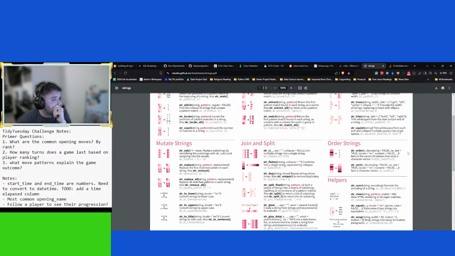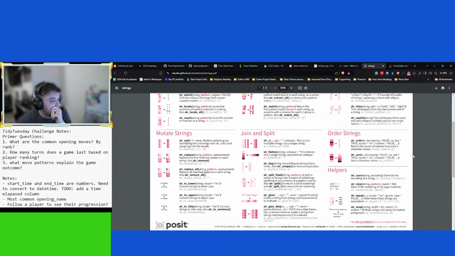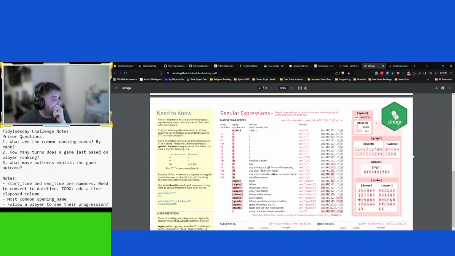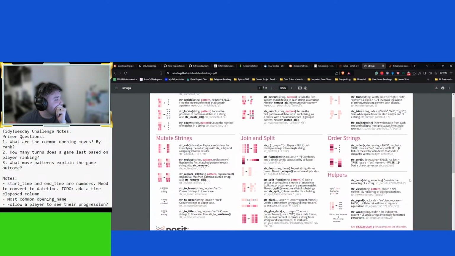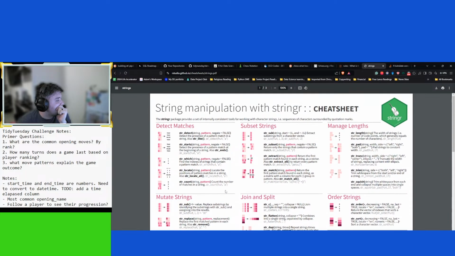Okay, I'm gonna need, where's the string title, string upper, string lower, string replace. I don't want to replace, I'm trying to detect. Subset, I guess.